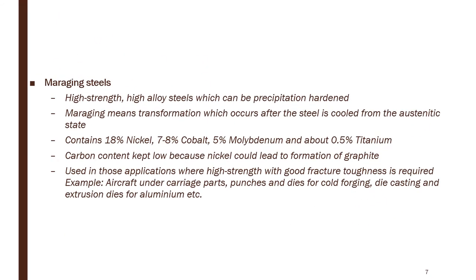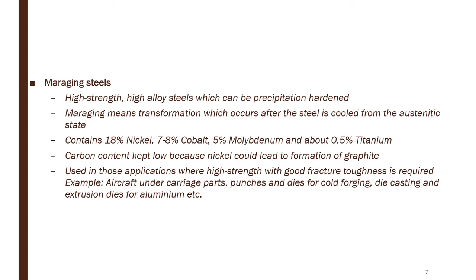Next one, the maraging steels. Maraging means the transformation. Maraging steels are high strength, high alloy steels, which is achieved with the help of precipitation hardening. As I told, the meaning is the transformation which occurs after the steel is cooled from the austenitic state to the production of martensite, followed by aging. That is precipitation hardening. That is why the name is given as